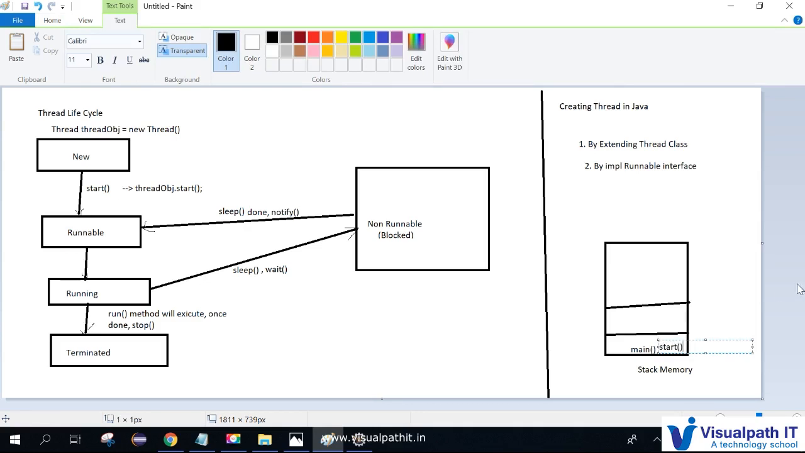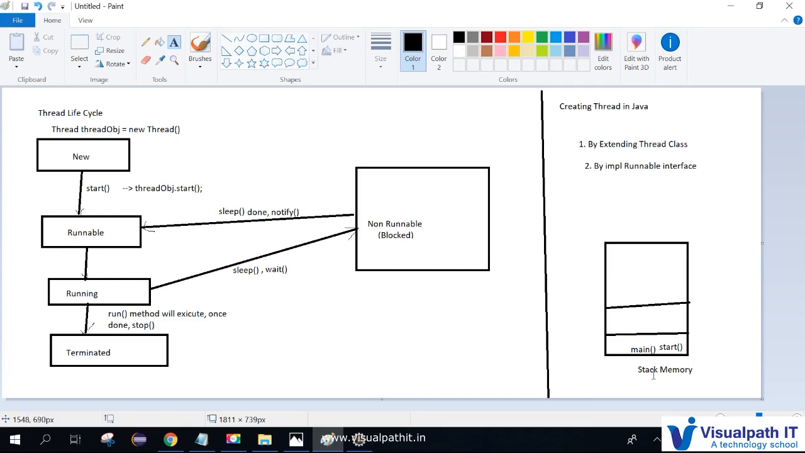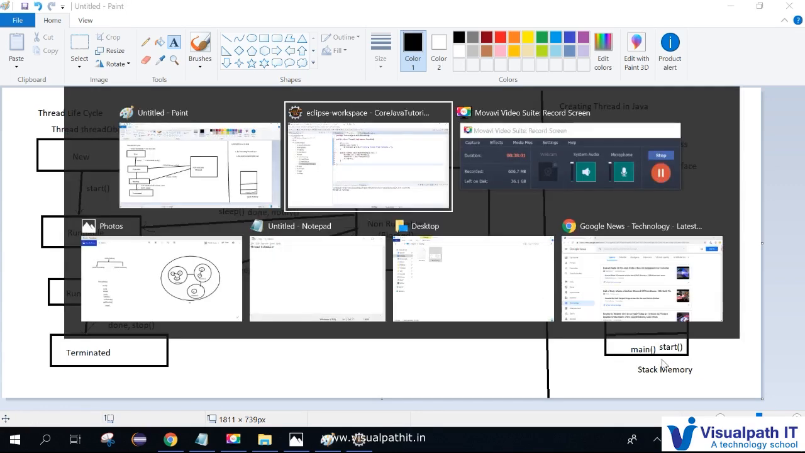The start method also comes under the same call stack. This is called the call stack. This is stack memory. Each and every method call comes under its own call stack. If you are doing